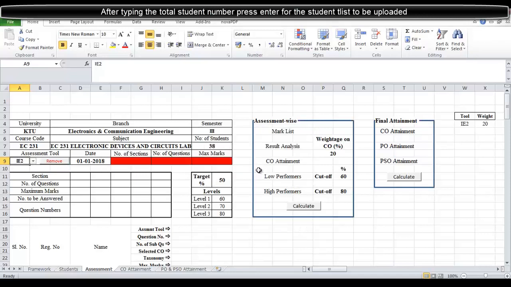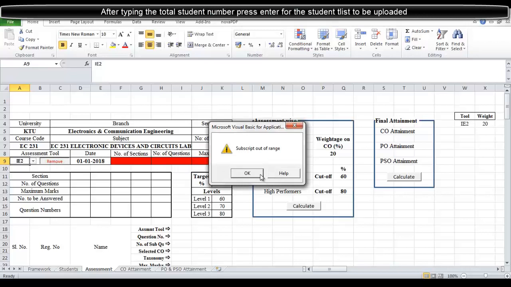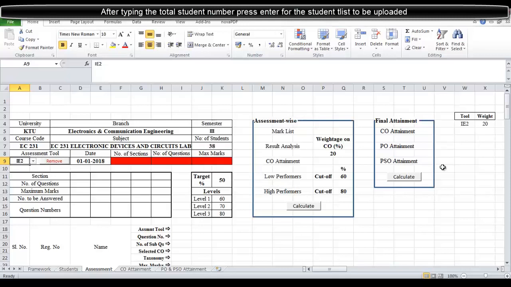So do you want to overwrite? Yes. And then I want to remove it, because if I remove then only this one will clear off. So I will remove it. So here right now it is not coming because everything was taken off. So you might also find something like this. There is no problem. Just click OK. This will go once we do the calculate.